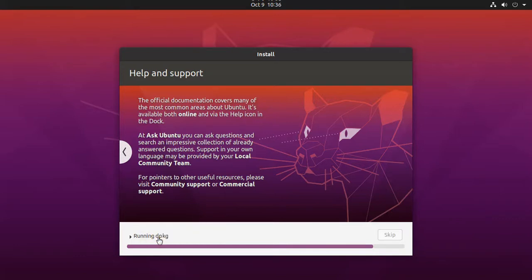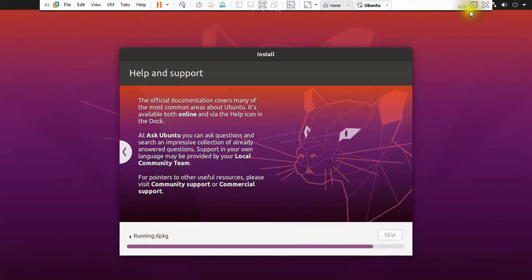Running dpkg, and yes, it is a very interesting operating system. In the next video, I will show you the installation of the server, and the video after will be about what we have in this Ubuntu operating system.